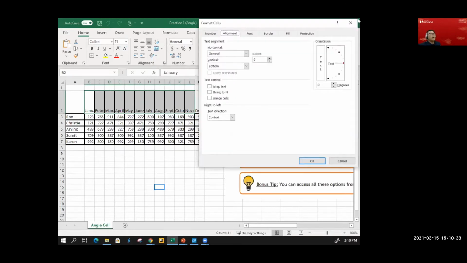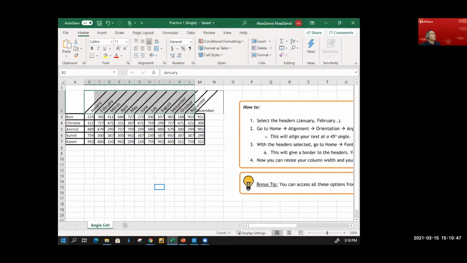And from there, what you were able to see is orientation. Right now, it is at 90 degrees. So you just need to slant it to 45 degrees. And thereafter, you click OK. Then you will see that now the header is at 45 degrees with the exception of the last one, which I did not select.